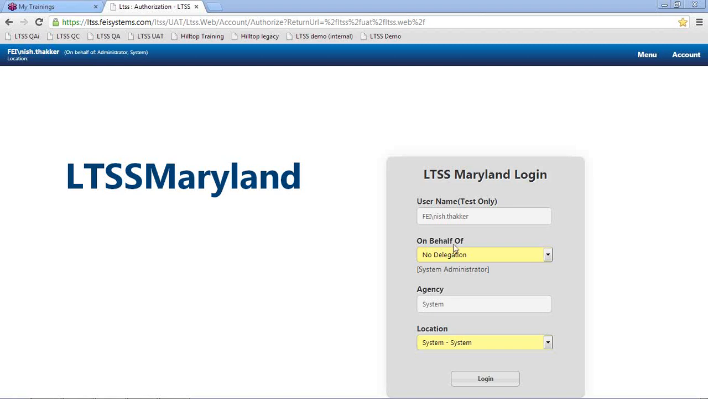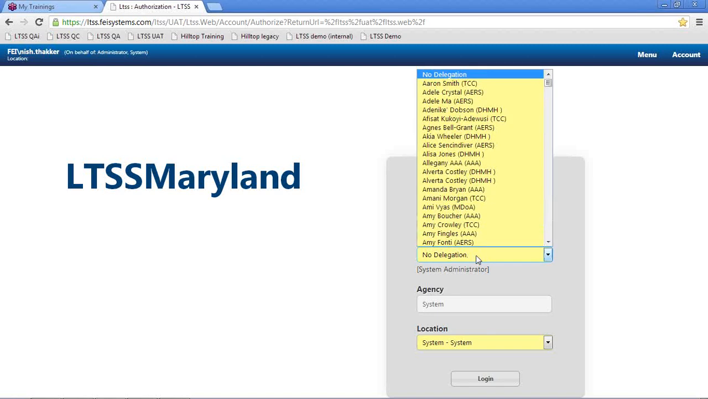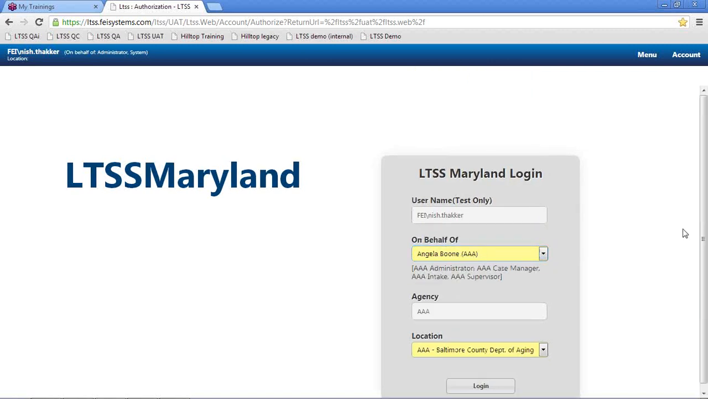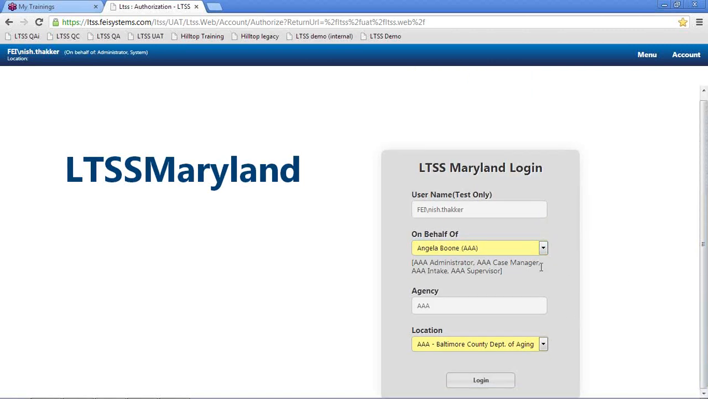I'm going to first start out by logging in as a AAA agency administrator. It's just a sample agency that I'm using for the purpose of the demo. Every user, when they log in, will be able to see who they're logging in as. When I first log in,